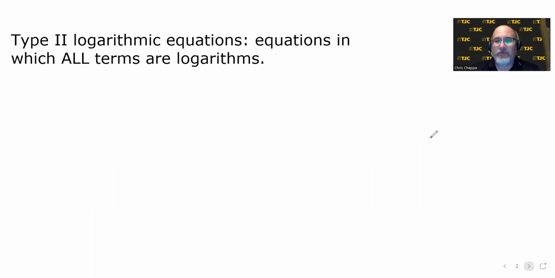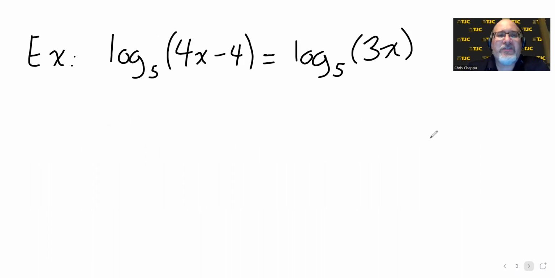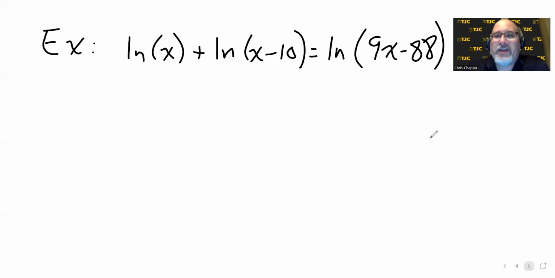And again, this is my own personal notation. It's not official notation. Type 2 logarithmic equations are equations in which all terms are logarithms, such as this one. Log base 5 of 4x minus 4 equals log base 5 of 3x, or this one. Natural log of x plus natural log of x minus 10 is equal to the natural log of 9x minus